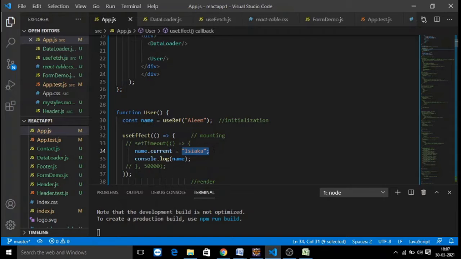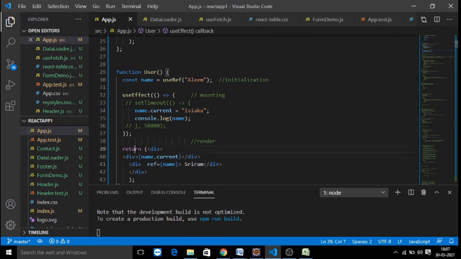If I want to delay this mounting, I can also make use of the setTimeout function with a given delay. And at the same time, if I would like to update my reference as part of my render function, in my return function I can refer to the same attribute by using the ref tag. This is how the component state management can be handled by the DOM itself, which is called uncontrolled components. Whereas if the user controls the state of the component by using the setState method, that comes under controlled components.